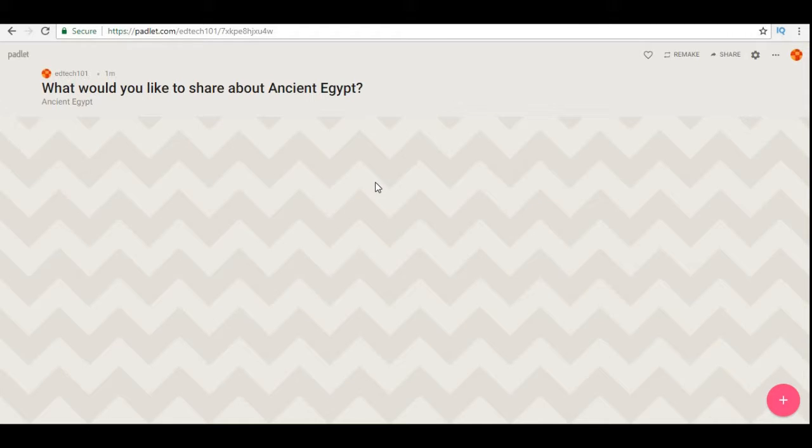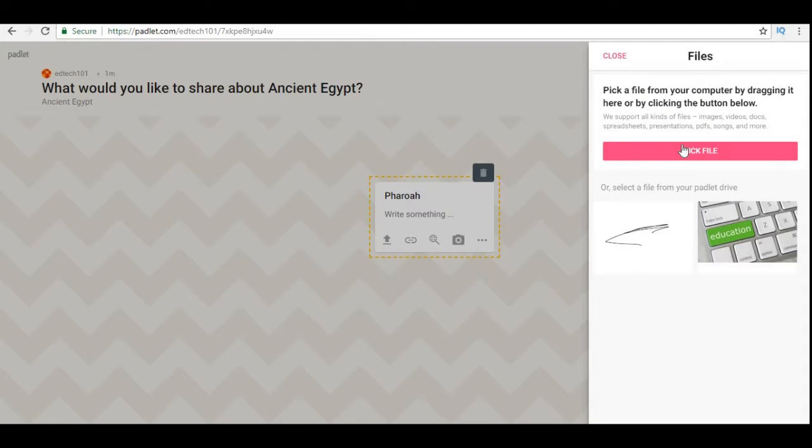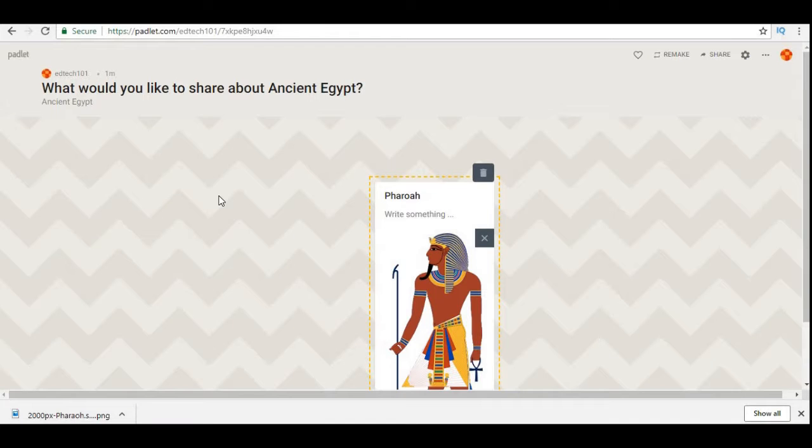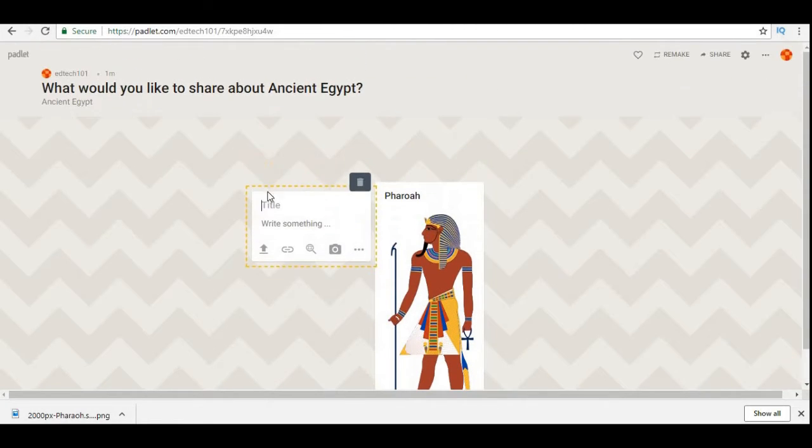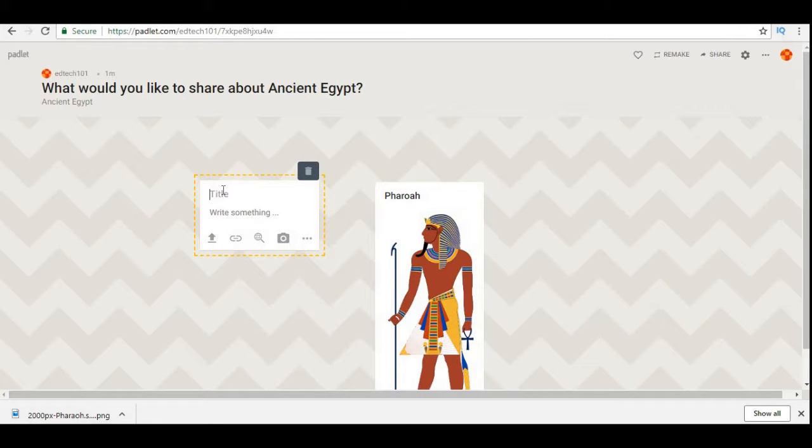So I will double click here in the middle, and I can give my little sticky a title, and I'll type the word Pharaoh. And now I can upload a picture of the Pharaoh by clicking the word Upload and then picking a file. Okay, so now I have the Pharaoh on the screen. Now I'm going to create another one. Double click over here, and I can move that over a little bit, and then I'll put pyramid, and I can write something about it. Tomb of the Pharaoh,